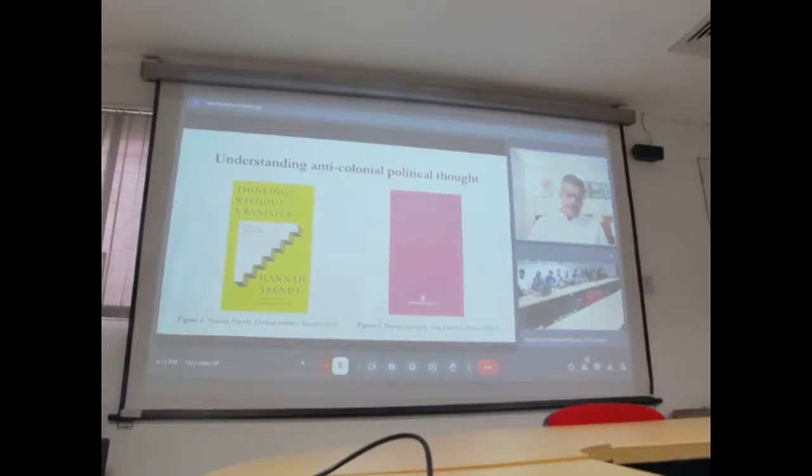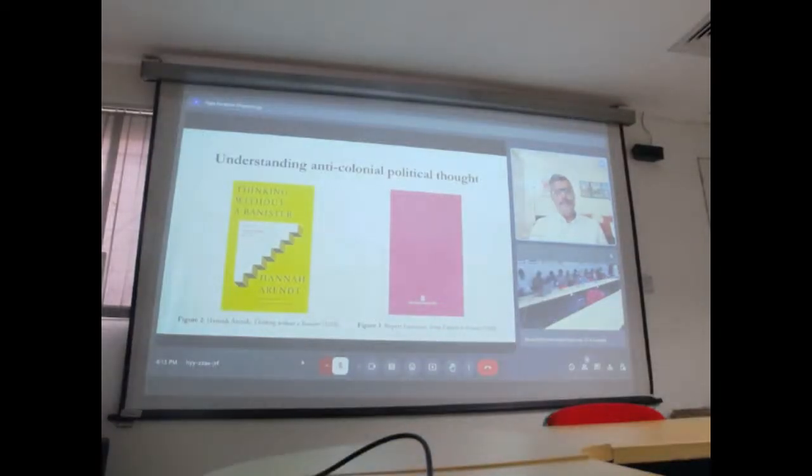In a lecture on political freedom delivered in 1966, later published in the book On Revolution, the political philosopher Hannah Arendt argued that, quote, the end of imperialism under the pressure of nationalism marked the global diffusion of the French Revolution and of its Jacobin ideals. So Arendt's